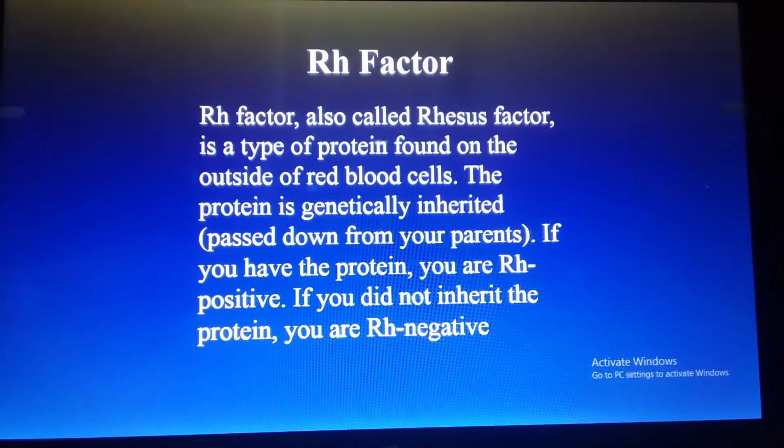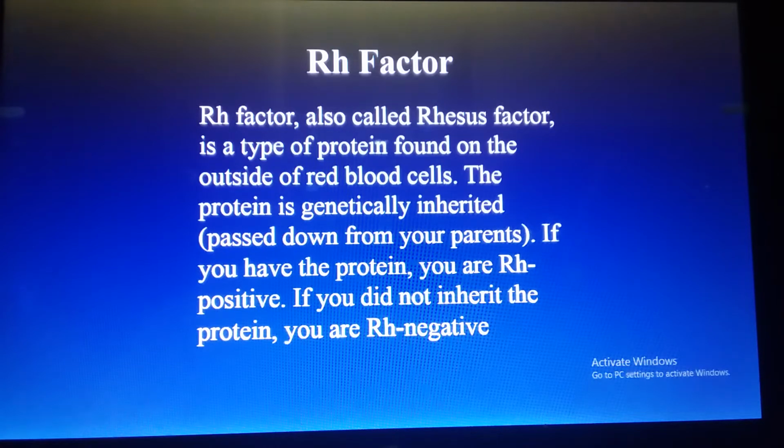Along with antigens A and B, this RH factor is also present on the surface of the red blood cells, and it gives the positivity and negativity to the person, like A positive, O positive, B positive, B negative, AB positive, AB negative, and so on. If you have the RH protein on your red blood cells, you are positive, and if you don't have it, you are negative. I think it is clear now what the RH factor is. This is the rhesus factor.